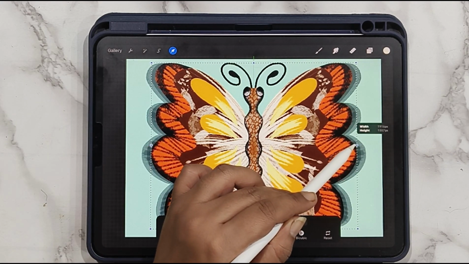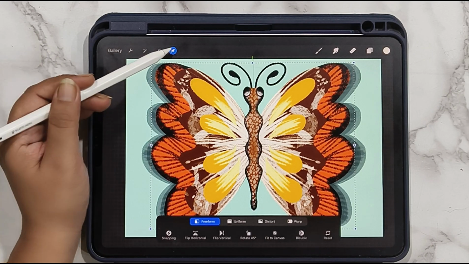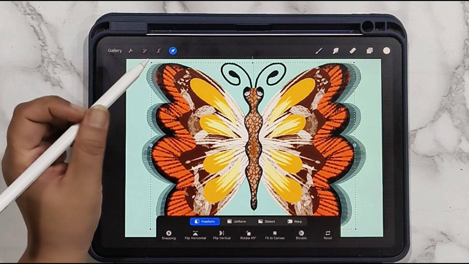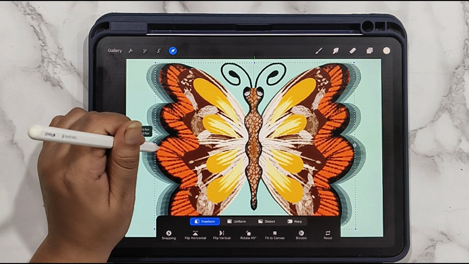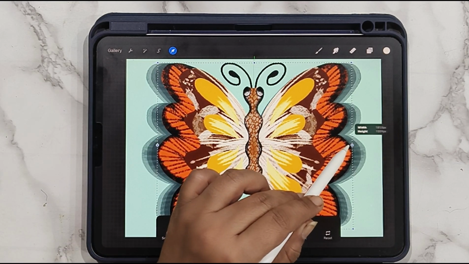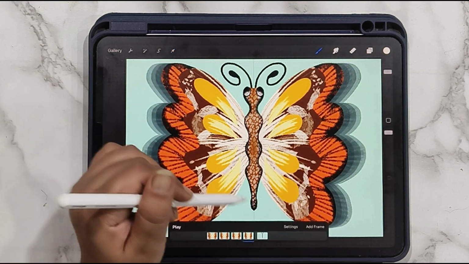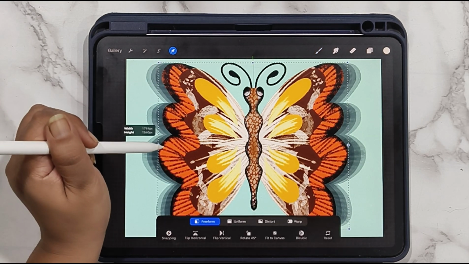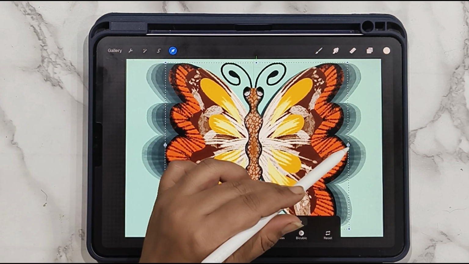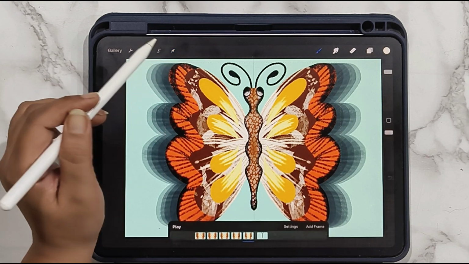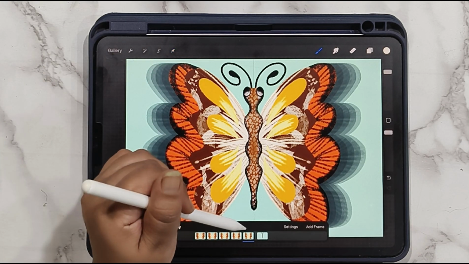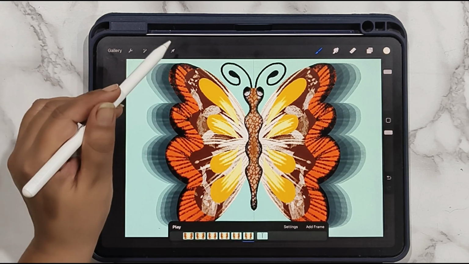So duplicate this layer one more time, and then using the freehand, just squeeze it a little more. Let's do this for like 3 or 4 times. Duplicate, use the arrow key, and then with freeform, you're just going to squeeze it a little bit from both the sides. Once you're done with this, we are just going to duplicate the layer again,